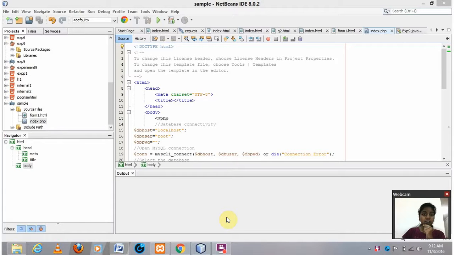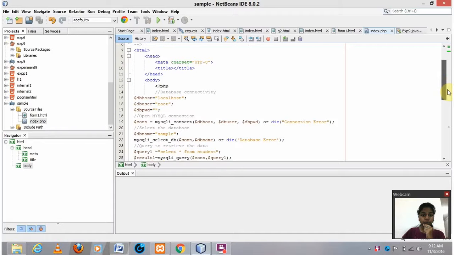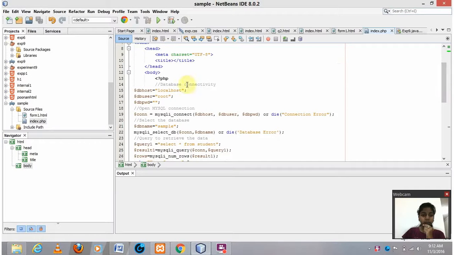This is my 8th experiment of web technology in which I'm showing the database connection. So first, for database connection there are 4-5 steps. First is that for database connectivity we need the DB host name. So I've given here $DB host, that is localhost. I'm using XAMPP, so for that my host is localhost, and then